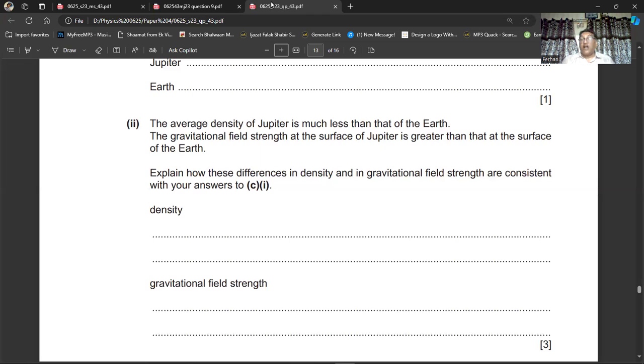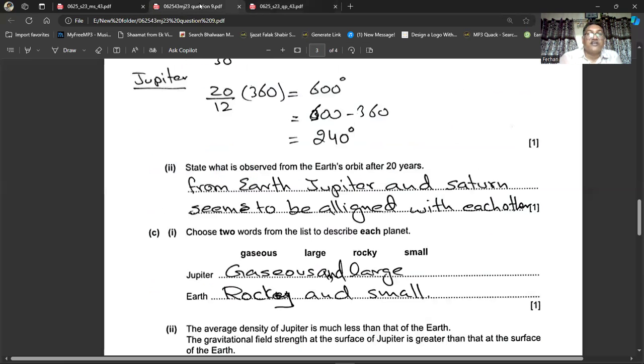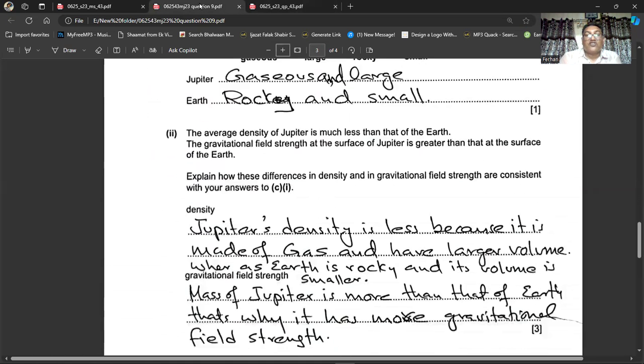The Jupiter also, although the Jupiter's density is less, its volume is huge, it's made of gas, but the mass of the Jupiter is much larger than the mass of the Earth. The mass of the Earth is smaller as compared to the mass of the Jupiter. That's why the gravitational field is greater at the Jupiter's surface, because its mass is huge, it's larger as compared to the mass of the